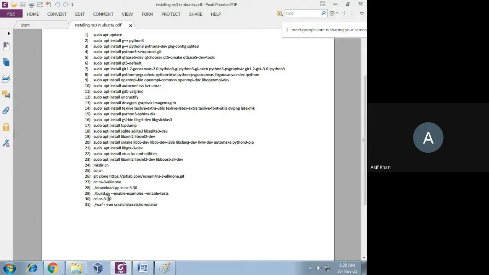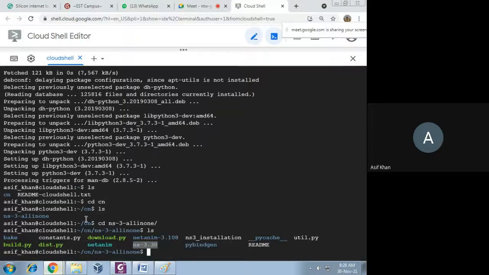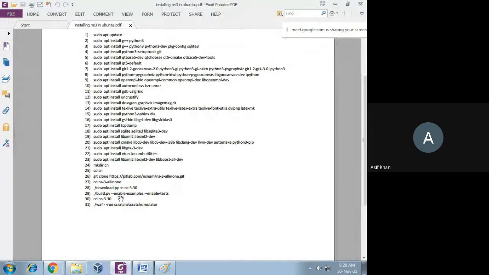This build.py file is also there inside this ns3 all in one. So we have to run this file and pass this argument also: --enable-examples --enable-tests. By running this command with build.py, it will enable all the examples and tests present in ns3.30.